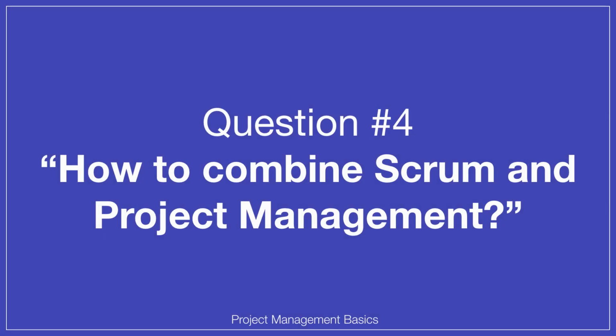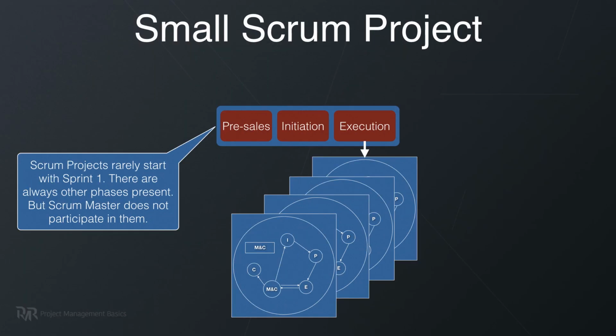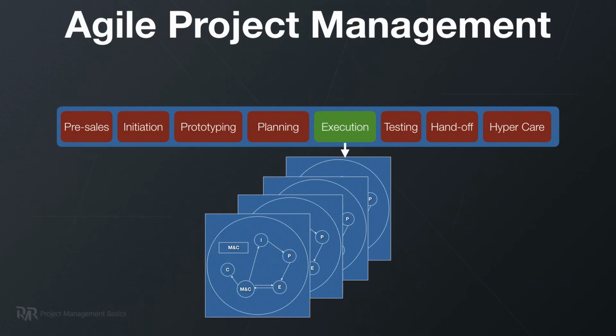The next common question that follows after the discussions of Scrum and Kanban is how to make them work together with plan-driven project management. In short, what you need to know is that Agile frameworks are applied only on the execution phases of a project. Therefore, in a plan-driven project, only implementation and testing will be done as an Agile framework. The rest will go as a plan-driven project management prescribes.